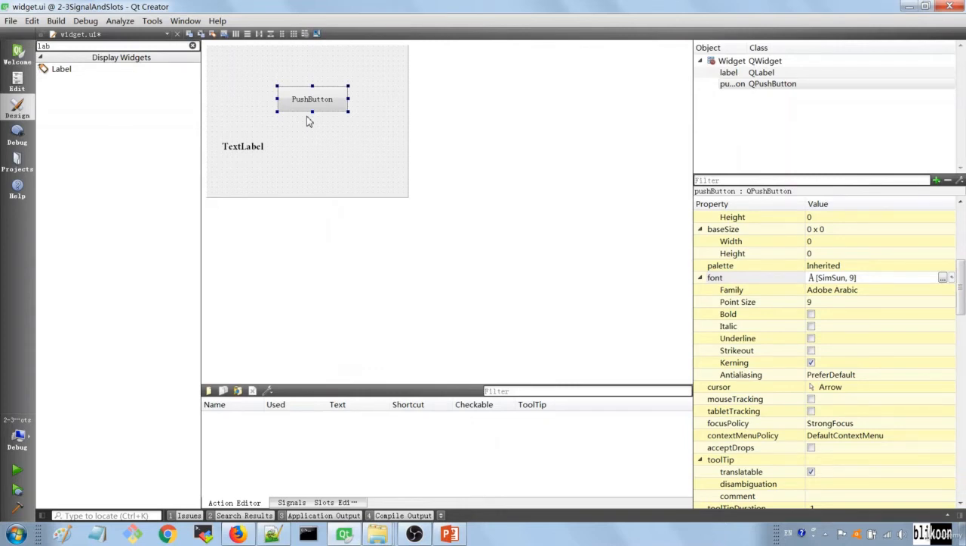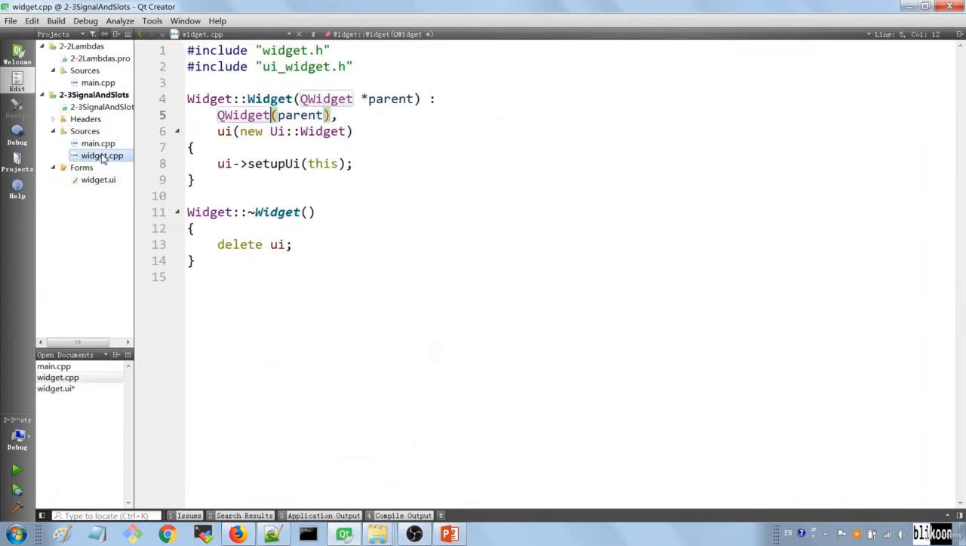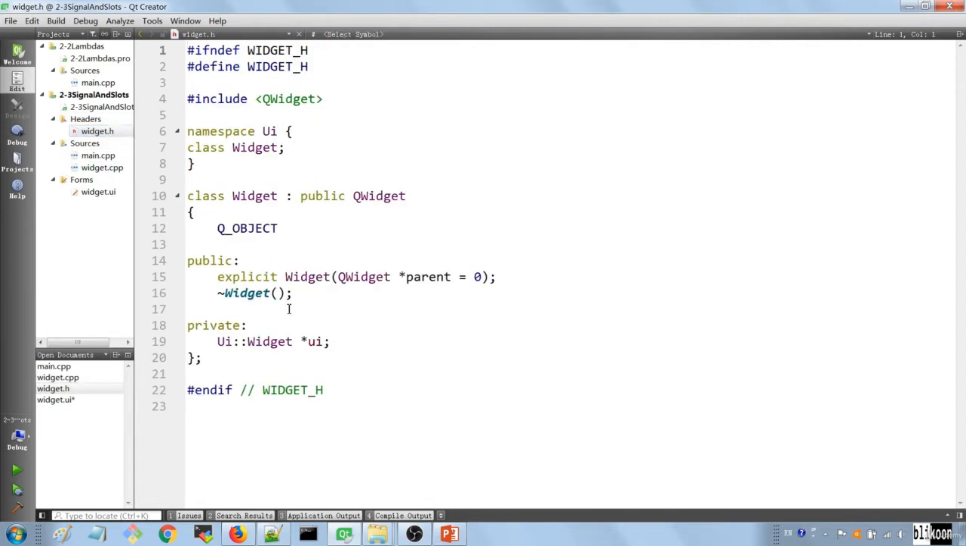But right now, the important thing is to understand how you connect this thing, signals and slots. Okay, so let's do that. The first notation that we're going to use is the string notation. And to use that, you have to go to the header file of your widget